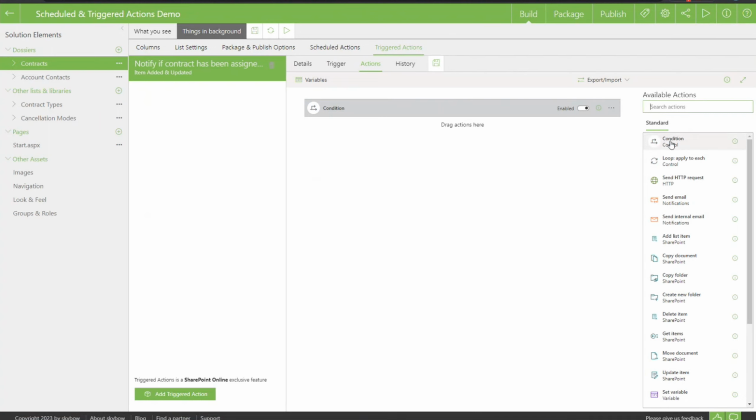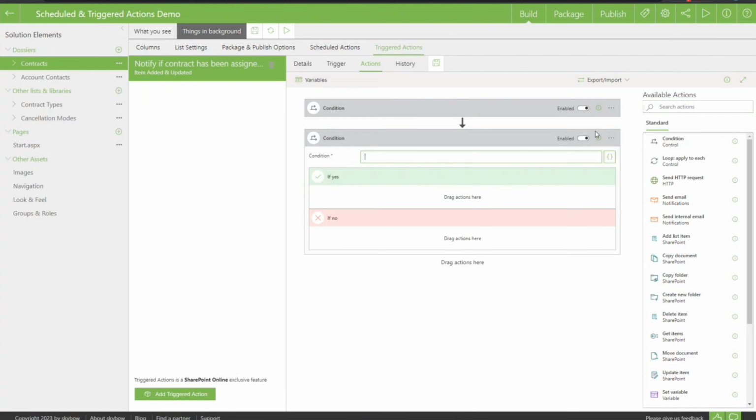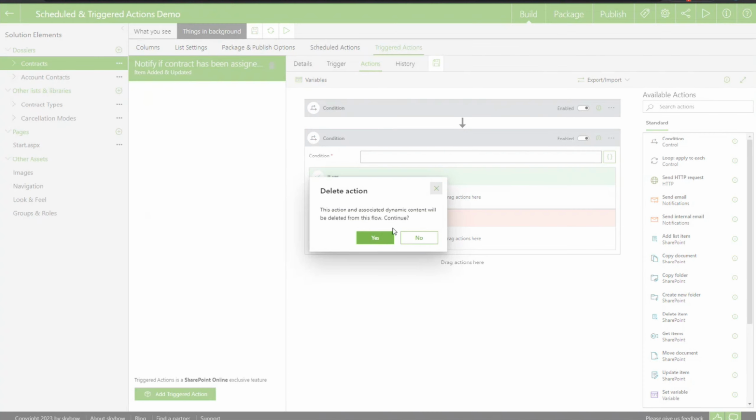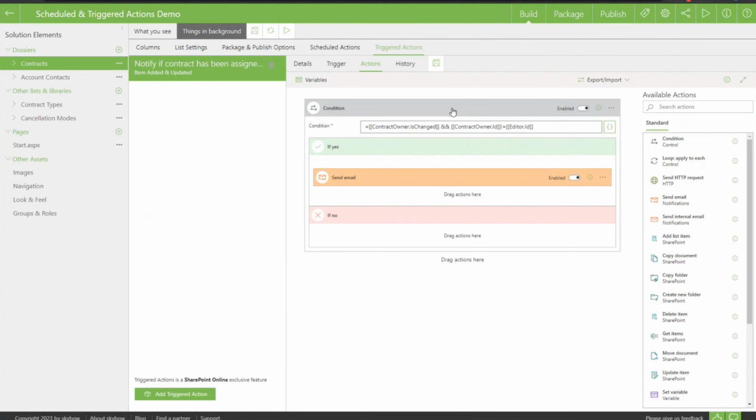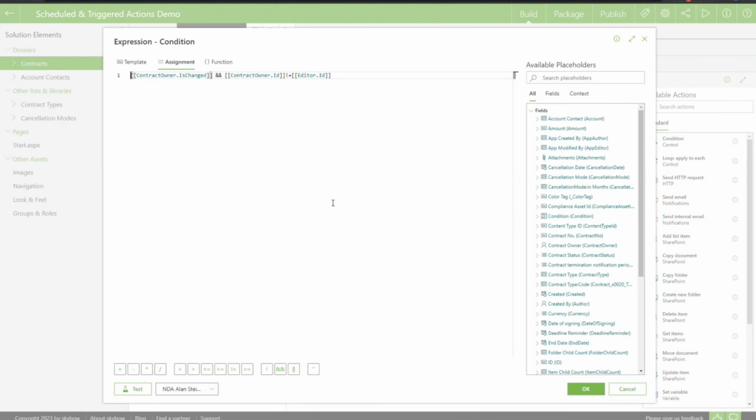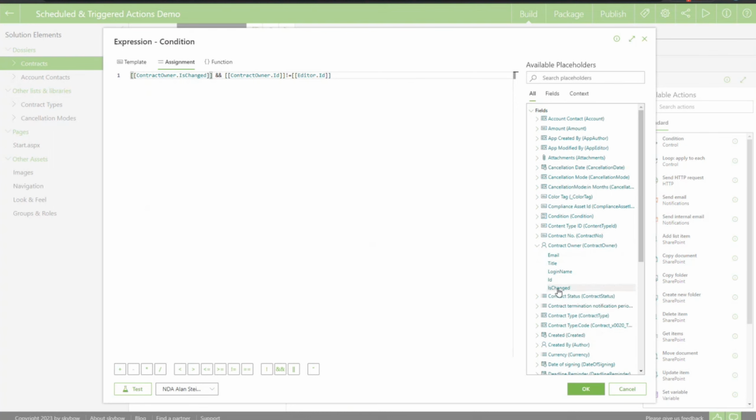The first thing I drag in like this is a condition control. So this one here. And the condition in here looks complicated, but it's not, because on each field, as you can see here, we can access all the fields. My condition is if the contract owner is changed, and that's the property we have here, really on every field, is changed